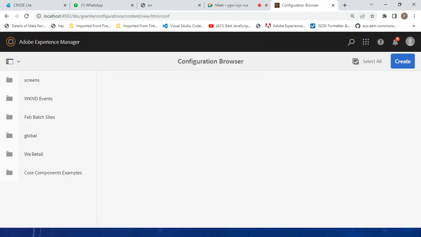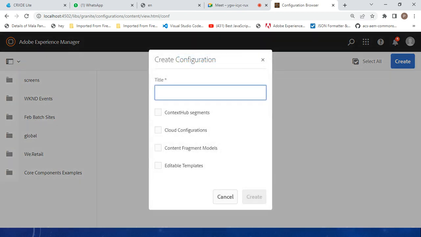So why are we using this configuration browser? It's not only for individual use. When I try to create here, it will open one dialog, like cloud configuration, context of segmentations, content